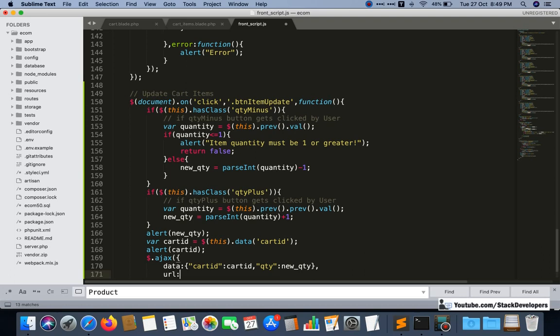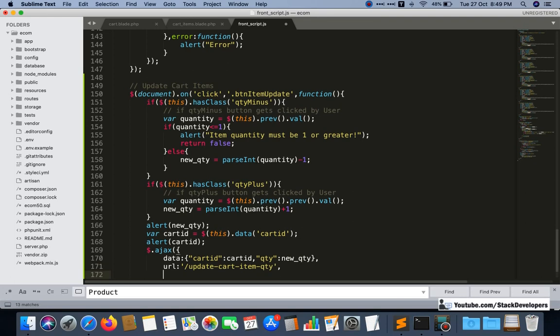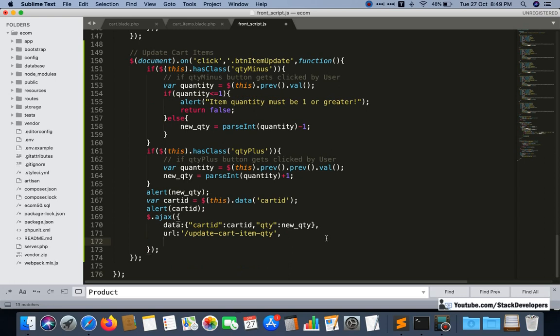And for the URL we will make one post URL. We are going to make a post route, like update cart item quantity. This is the route that we are going to make, update cart item quantity. The type is post, we are going to use the post type.